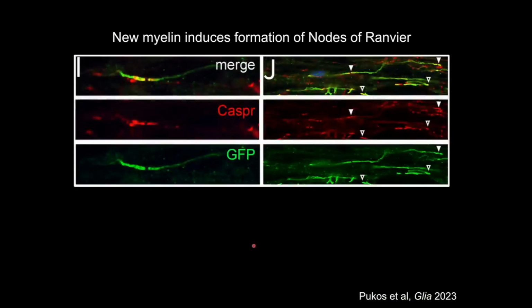To ensure that this myelin was functional, we also looked for node of Ranvier formation. And as you can see from these images, this is an example of a GFP positive axon, or GFP positive profile here. It looks like it's running along an axon profile. And both GFP ends of the myelin are ending in Caspr positive profiles, indicative of a mature node of Ranvier that was formed by this new myelin. So this is a high power example and some lower power examples over here, showing that we could find evidence that the myelin appears to be functional after formation after spinal cord injury.